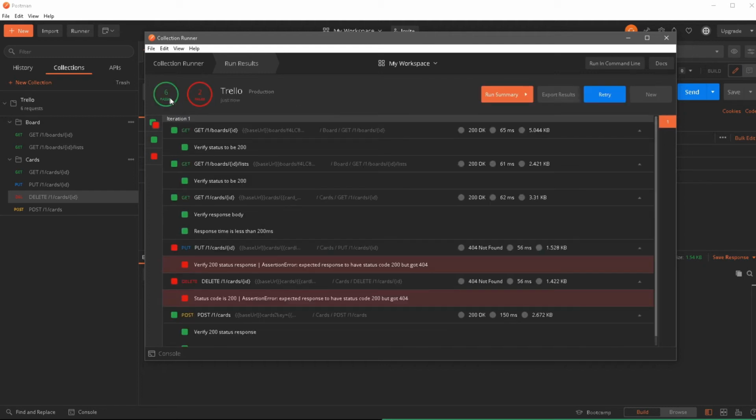All right, so this time our test ran, and instead of 7 passing, which we were getting before, now we are only getting 6 passing and 2 failing. So what happened here? Well, the put test is also failing along with the delete test. Now the same error we are getting with the delete, we are also getting with the put. So somehow that card ID that we created is not being passed into this, and we can confirm that.